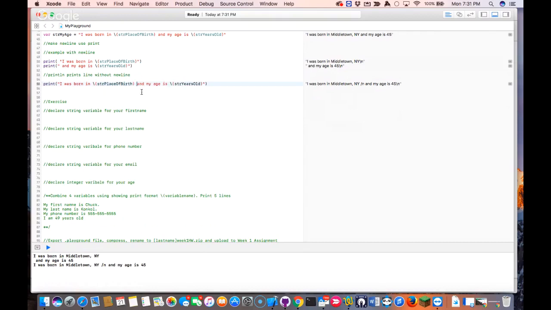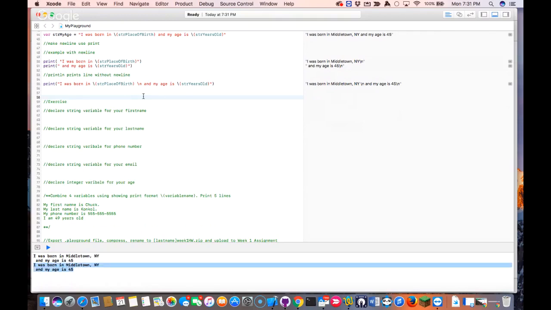In fact, let me do it here. I'll do a \n. And you'll notice here at the bottom, it wrapped that line of code. I was born in Middletown, New York, and my age is 45. You notice this bottom print statement. If I take this n out,